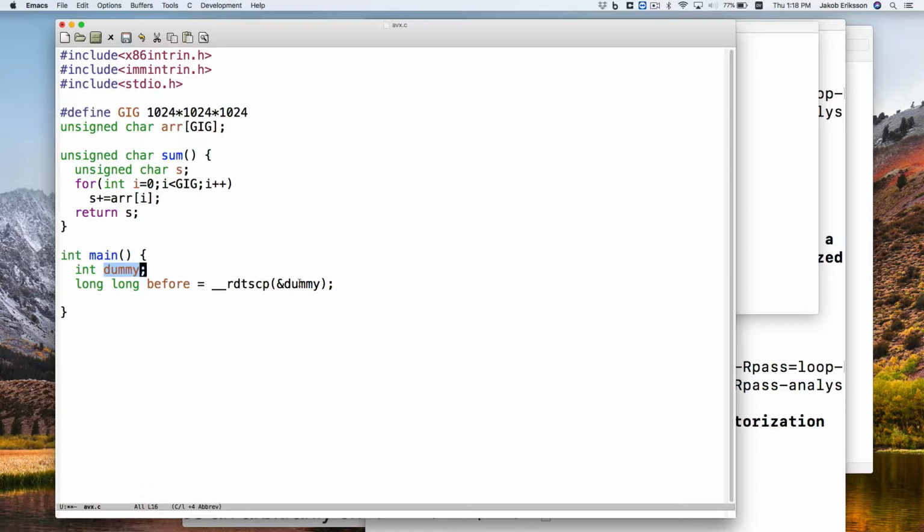The P is also an ordered instruction, so the processor can't run it out of order. And that's relatively important if you want to measure time. We shouldn't just measure the time after we've done the work, or vice versa. Okay, so